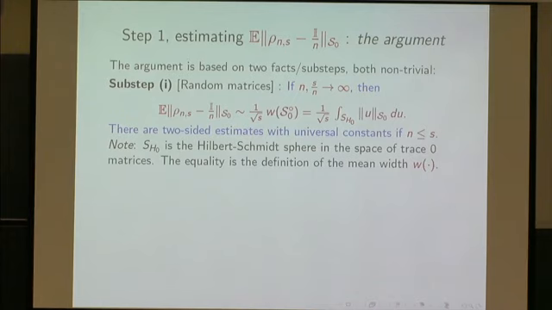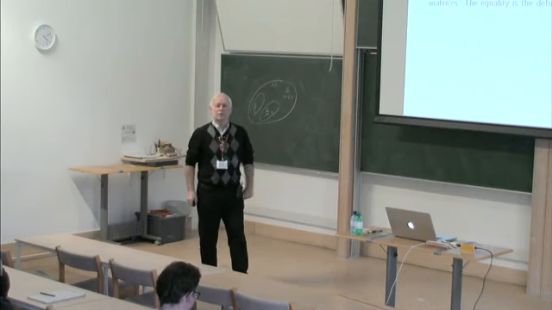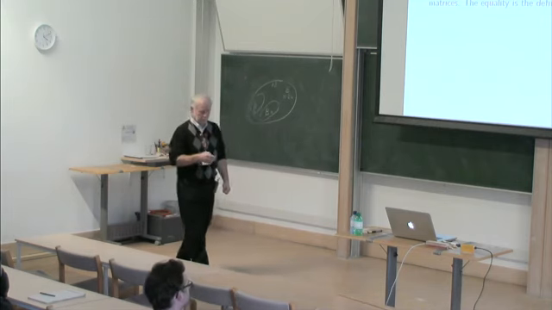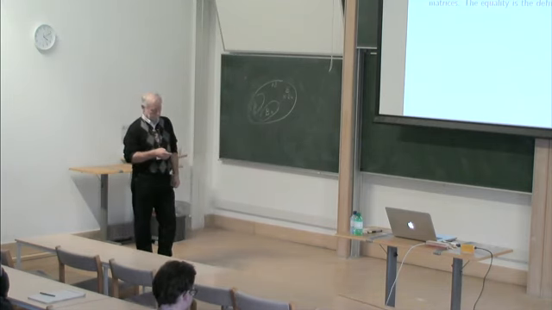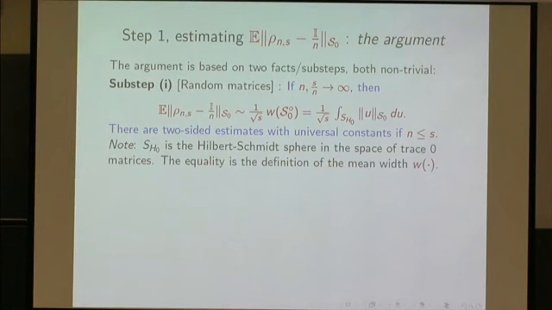If in the other cases when n is less than s, or when it doesn't go to infinity, maybe even, then there are two-sided estimates. When s is greater than n, but the ratio doesn't go to infinity, then there are two-sided bounds with universal constants, which also allow for drawing some conclusions. So this is the first sub-step, and the second sub-step is pure geometry, which is estimating